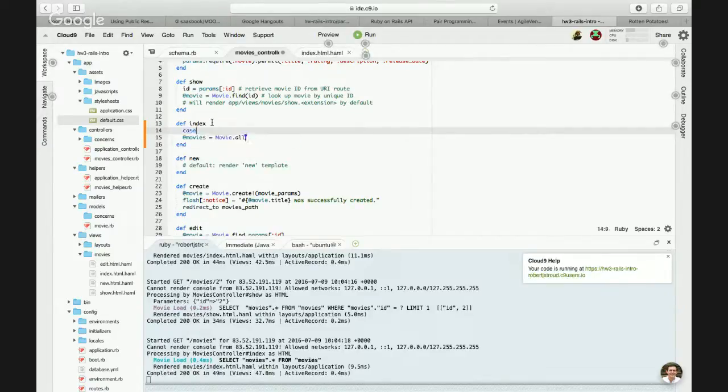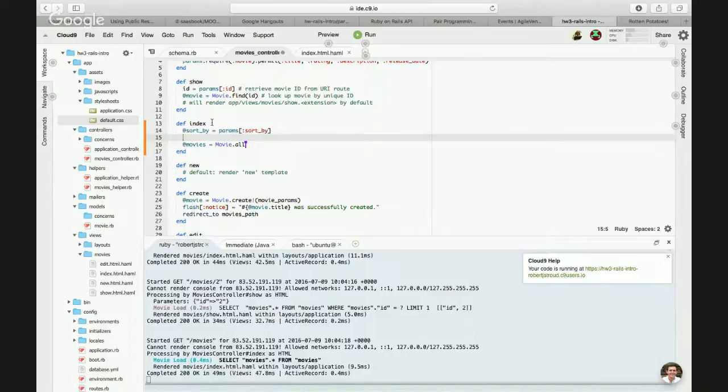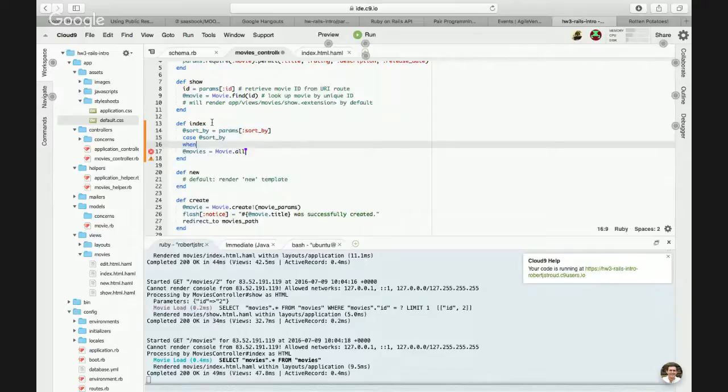I'll say @sort_by equals params sort_by, and then I'll case @sort_by,